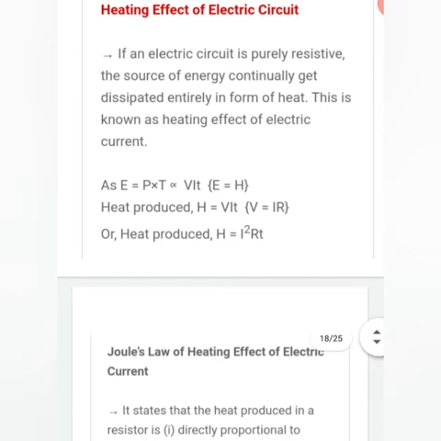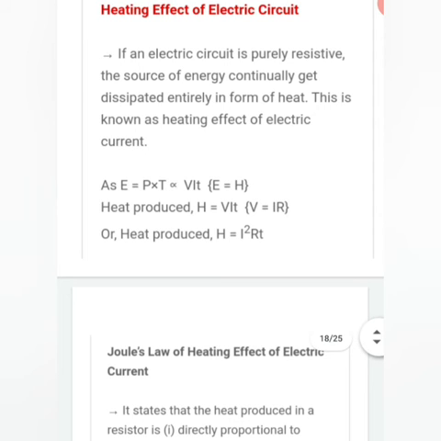Energy is equal to P into T, which will be directly proportional to VIT. Now if energy consumed is considered as heat, H will be equivalent to VIT, where V is equal to IR according to Ohm's law. Putting the value of V here, we get H is equal to I square RT. With this relation, Joule concluded that